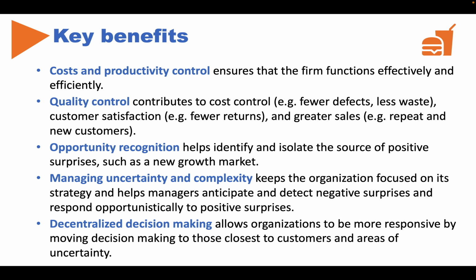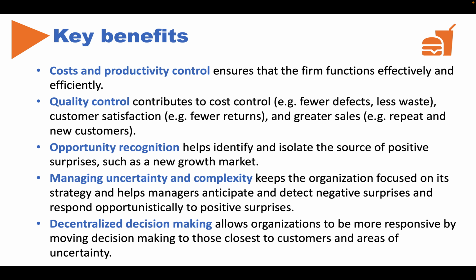The fourth area of benefit is that controls can help organizations manage uncertainty and complexity. Perhaps the most easily understood example of this type of benefit is how financial controls can help an organization navigate economic downturns and recessions. Without budgets and productivity controls in place, companies might not even know that they have been losing sales or that expenses are out of control until it's too late. So tracking the numbers will help the organization manage uncertainty and downturns.